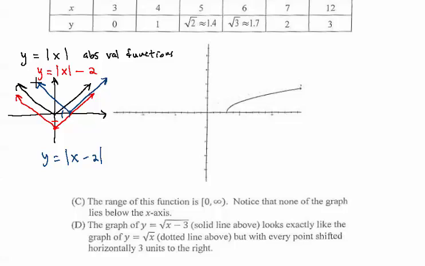It just forms a V, okay? And the sides break off at 45 degrees. Alright, so if we have a number that's situated inside the absolute value bars, then it's going to shift it left or right. I remind you of all of this because this square root function is going to work the same way. On the previous page, we talked about just a basic parent function y equals square root of